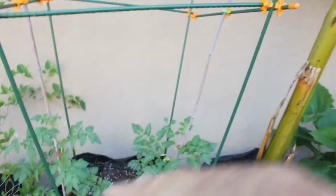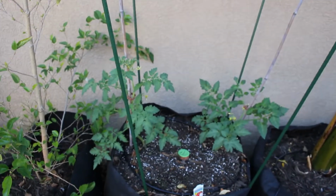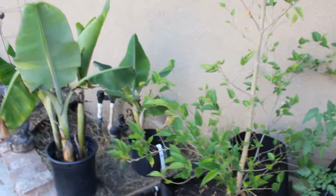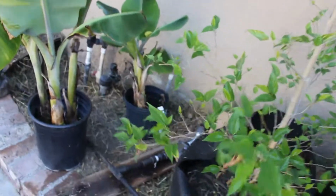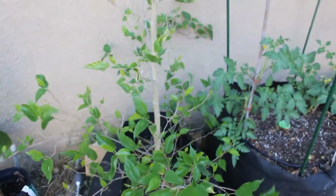We'll see. I'm hoping to get like a giant tree type thing out of here. When the season is done with those, depending on where I'm at, I might put one of those apple bananas in there, or I might put something else in there. But also this mulberry tree was just straight up dying. It was just horrible. But now that I got it on the drip system, it waters it every day. It's looking much better. But now what everybody's been waiting for,